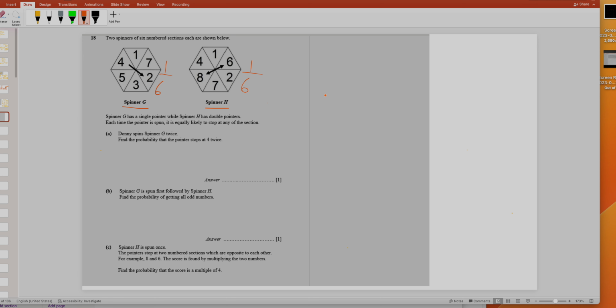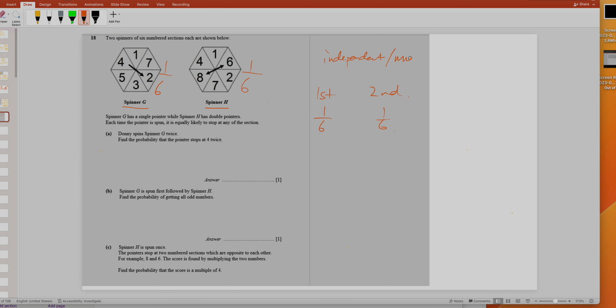So spin twice, right? So this is the first attempt, this is the second attempt, right? So for the first attempt to stop at 4, it's 1/6, right? So 4 is the outcome, which is one of them. Then the total possible outcome is 6, so therefore it's 1/6, right? Then the second attempt is also 1/6, because the first attempt and the second attempt are not related to each other. So normally they use the word called independent